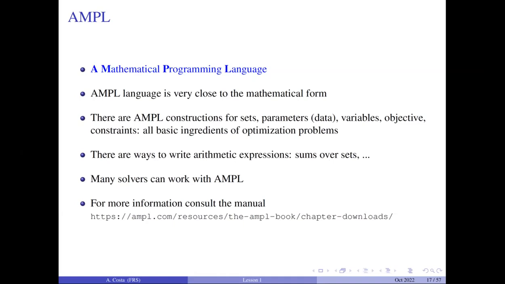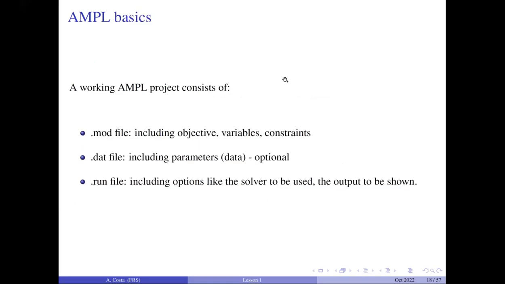So what does it mean? It means that if I want to change the solver, I just need to change one line in AMPL and say, use this software instead of that software, and that's all. Because if the solver is compatible with AMPL, we don't really need to rewrite everything in a different way. The model is always the same. We just need to define that we are using a different solver, and that's all. There is a resource here, the AMPL manual, that you can check if you are interested. But later I will share the slides with you, so you will see all the links inside.